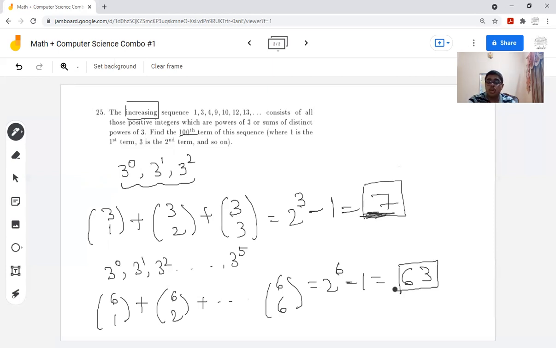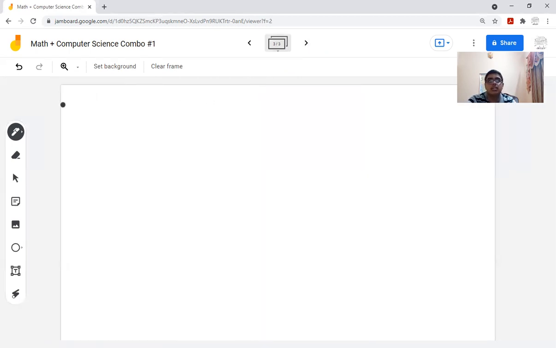So now, maybe the first thing you can think of is something like this. Let us say I have these numbers only. If I have a number which has a 3 power 7, then that would exceed the 100th term of the sequence. So we would restrict ourselves to 3 power 6. So let us say I just choose one number out of them, like this: 3 power 0, 3 power 1, 3 power 2, all the way up to 3 power 6.